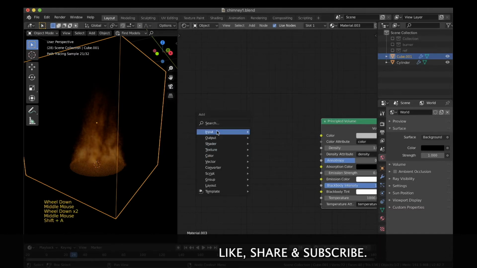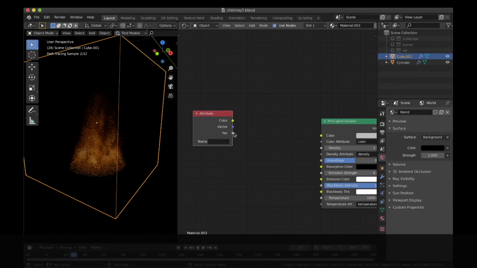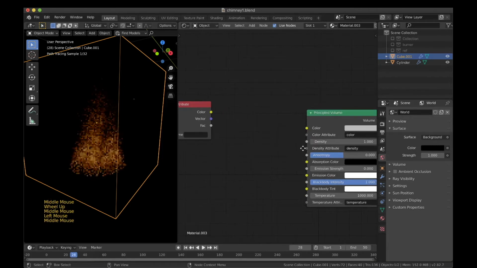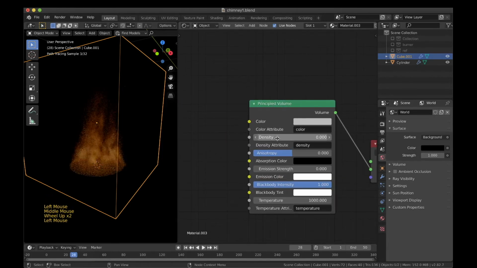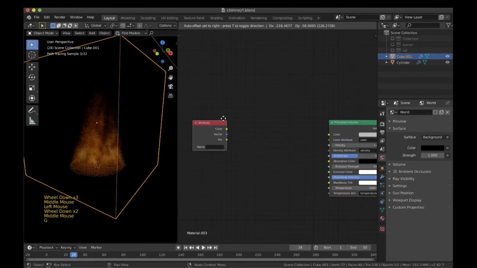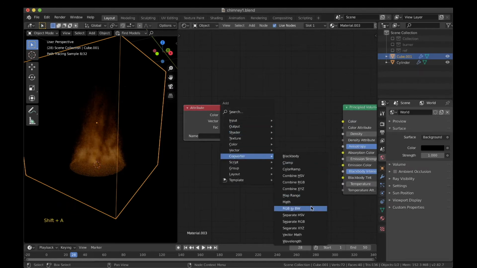I'll go to input and add attribute. Over here, I'll add it to the density, so that right now for the density we have a slider which works between 0 and 1. When we do this, we can actually play around with the values of it. I'll also go to the converter and over here the math node.